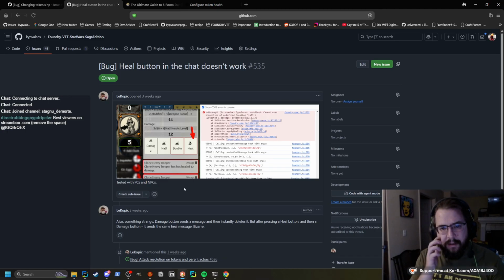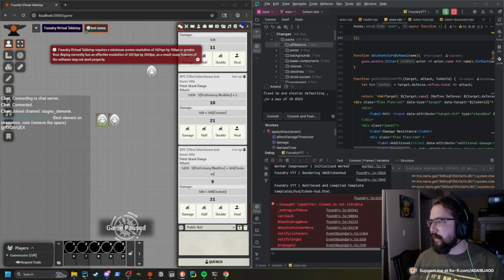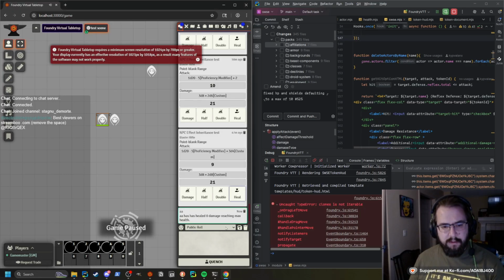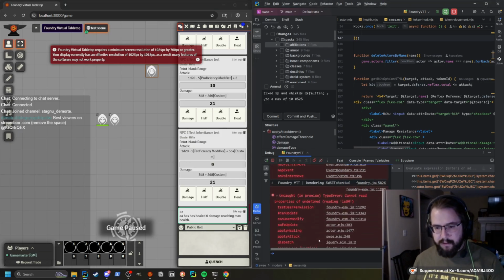Cannot read properties of undefined, reading isGM. Oh, interesting. Okay, well let's give that a go. That over there. If I hit heal, that was from this guy attacking, right? That looks like it's working. Oh, wait. Nope, nope, nope. Here is